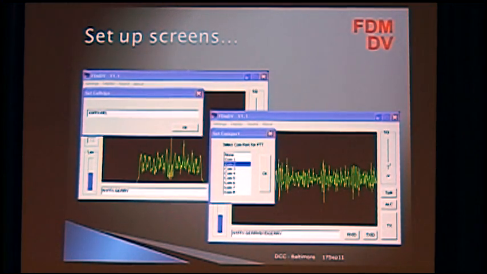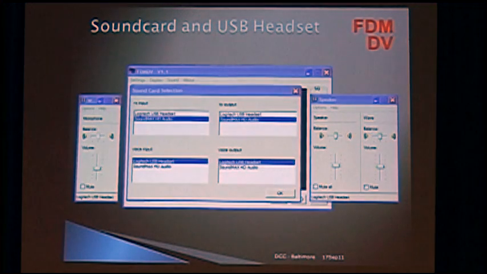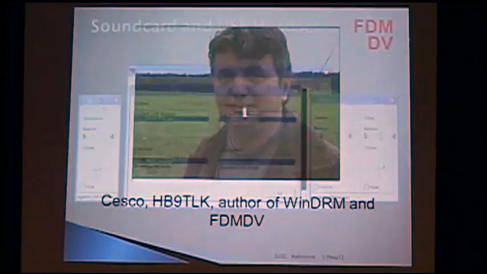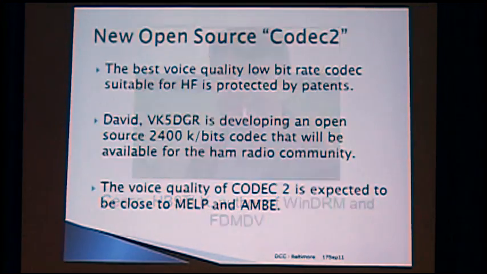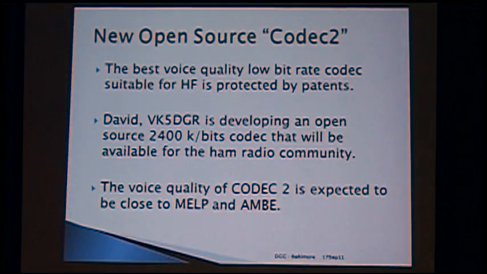Using a COM port, put in your call sign, set up your sound cards. There's the author Cisco, HB9TLK. A new open source code, Codec 2. We have David here, VK5DGR today. He's developing this, and right now it's running at 2400 kilobits per second, so that means we can use it